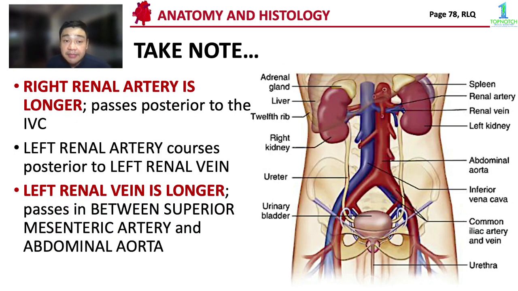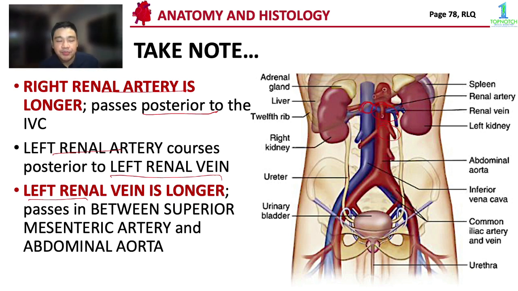So some points about the vasculature of the kidney. The right renal artery is longer and it passes posteriorly. Look at the relationship here. It passes posteriorly to the IVC, whereas the left renal artery courses posterior to that of the renal vein. Okay? The left renal vein is longer because it passes over your superior mesenteric artery as well as your